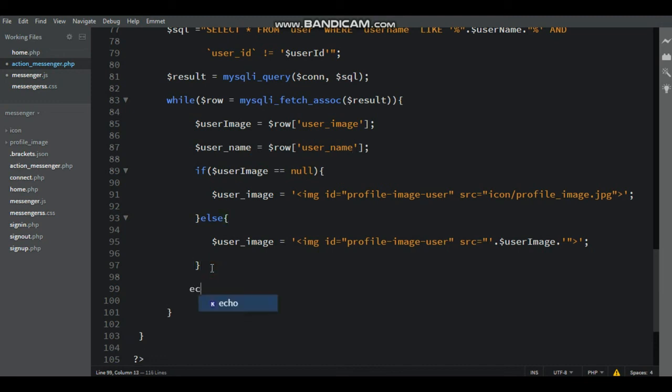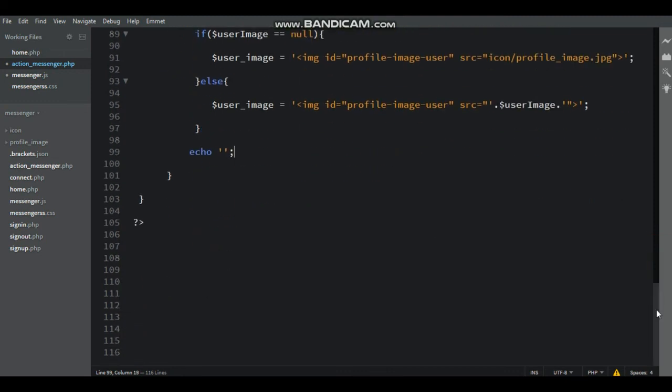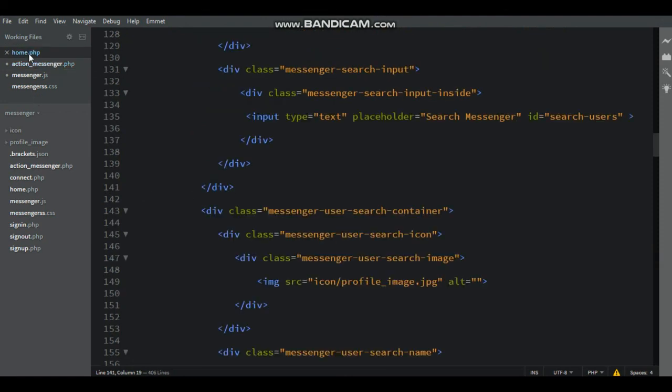Here after the if-else function, write echo single quote close with semicolon, go to the home.php file.